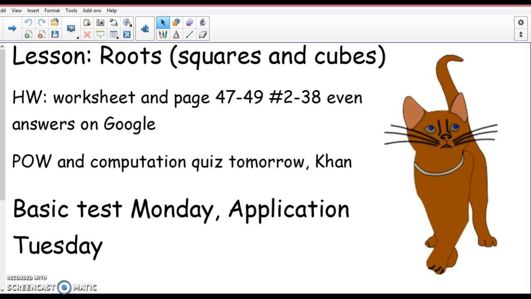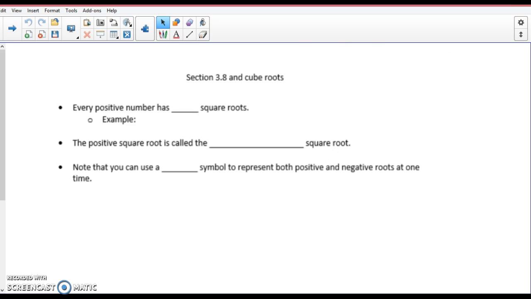Second. This is the homework that goes along with it. And we are talking about square roots and cube roots. If you guys studied those green bookmarks that I've given you, this is going to be a much easier concept for you. Okay, every positive number has two